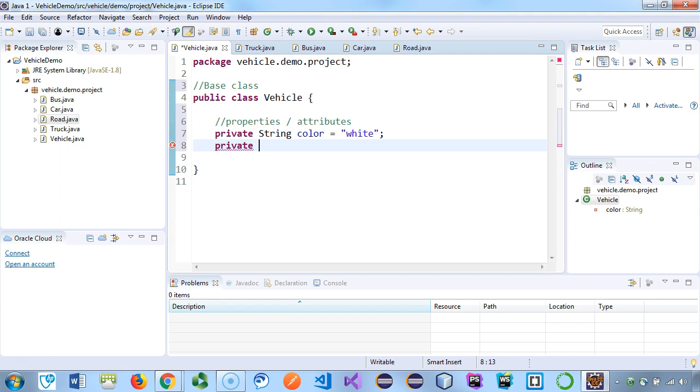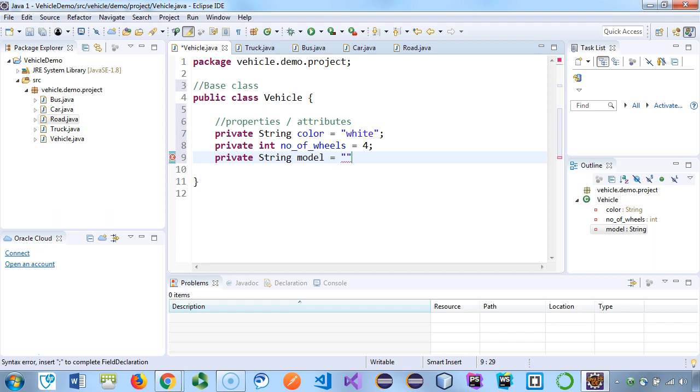The number of wheels, we can use that as an integer. So num of wheels, we'll just say default is 4. Okay, and then we have one more for the model. That will be a string as well. The model here, and we'll just say I don't know what the model is. We'll just say 4 for now. Okay, so these are your